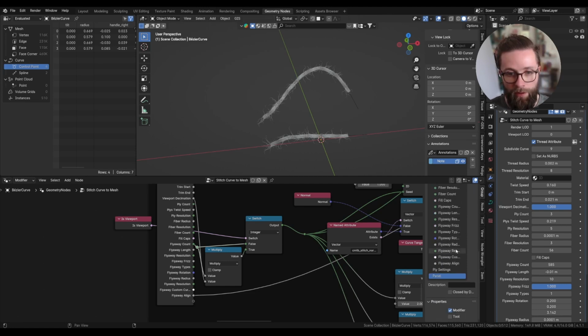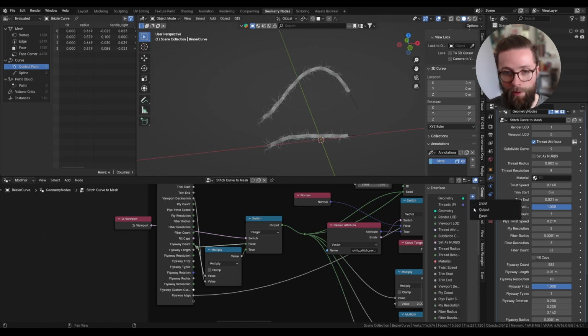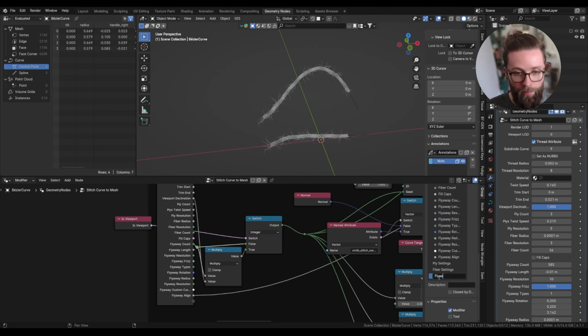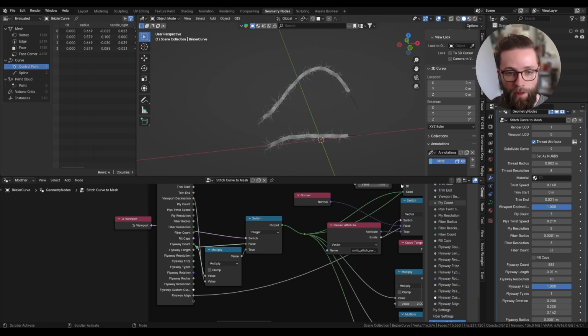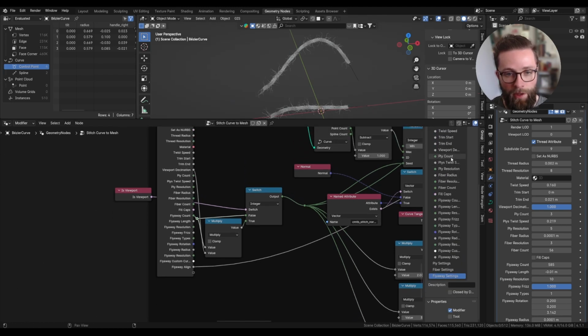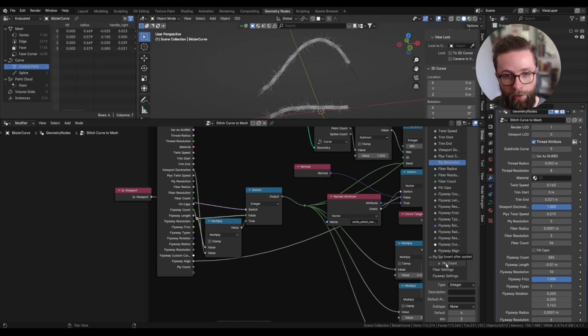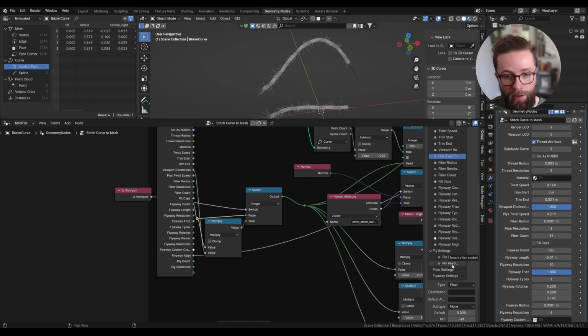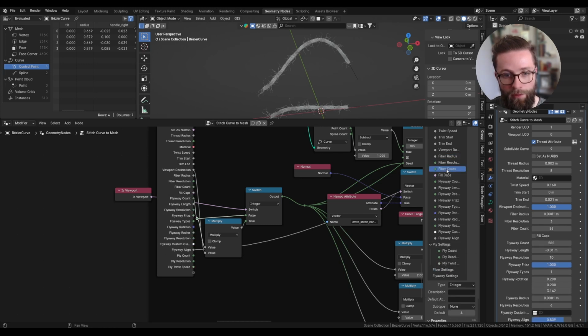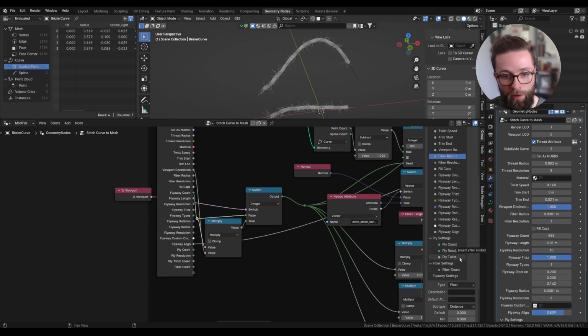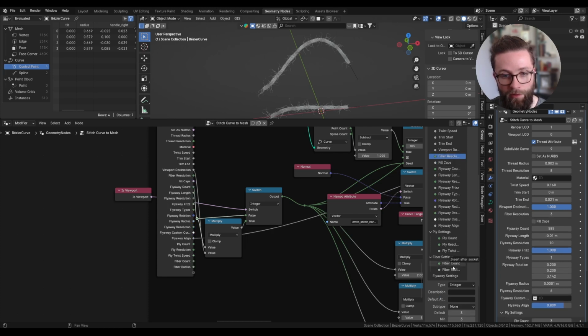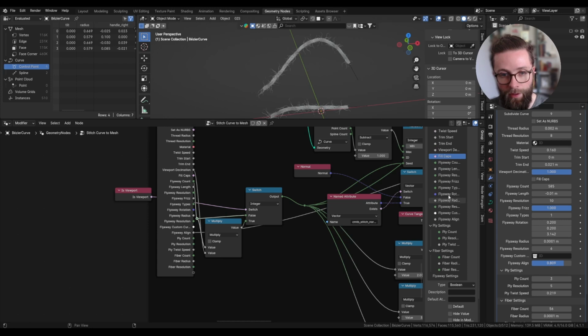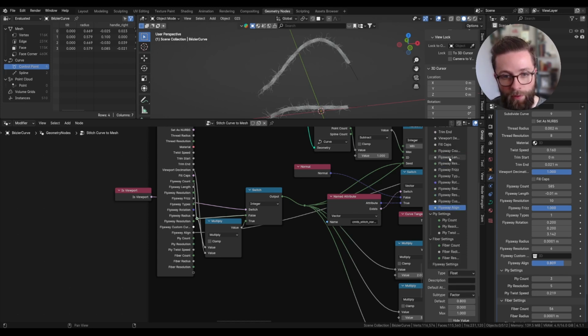Then we will have a new panel called Fiber Settings, and the last one called Flyaway Settings. And let's sort everything into those tabs. So ply count into ply settings, ply resolution, and ply twist speed. Then for the fibers, fiber count, fiber radius, fiber resolution, and all the final inputs into the flyaway settings, starting with flyaway count, flyaway length,